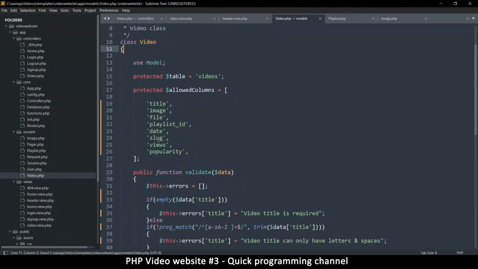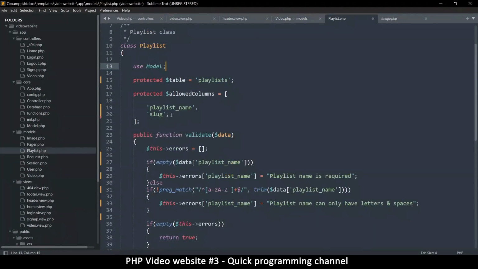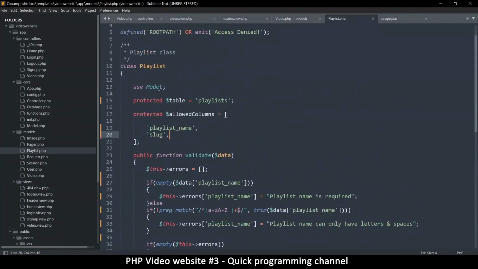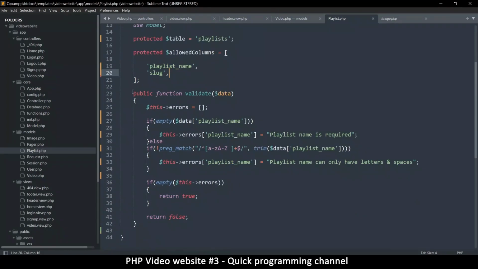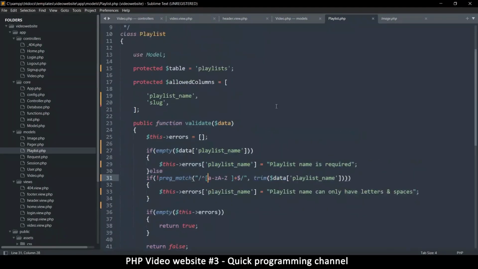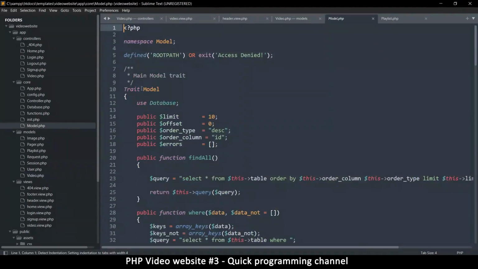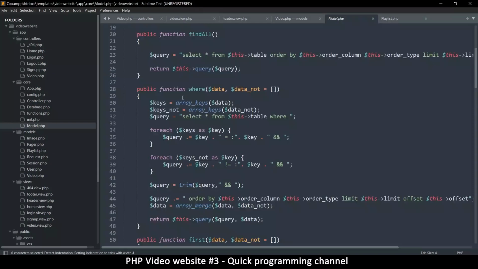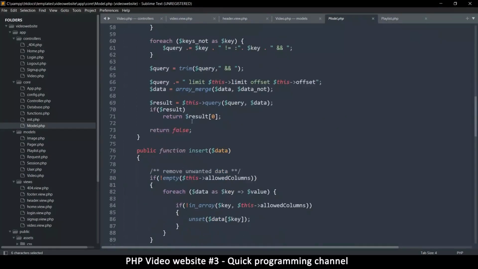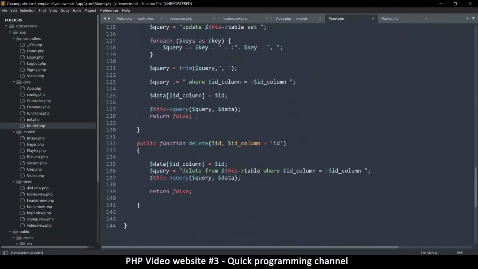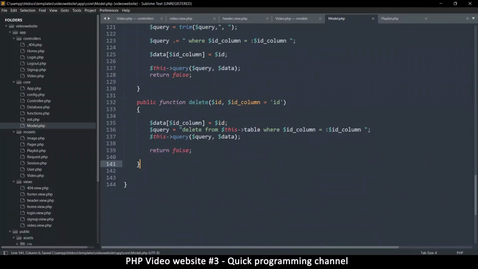Now there's a slug in here, and there's also a slug in the playlist position here. So what I would rather do, instead of putting the function for creating slugs in both of these models, I'd rather put it in the parent model, which all of them are extending, right? We are using that model. So if I go to model, this is a trait for models, and I would rather put it in here so that every other thing has